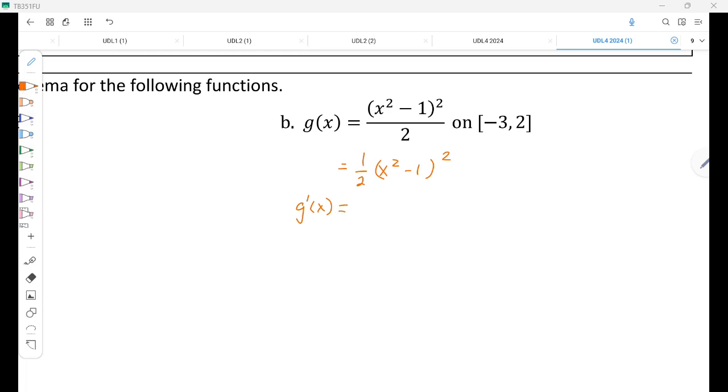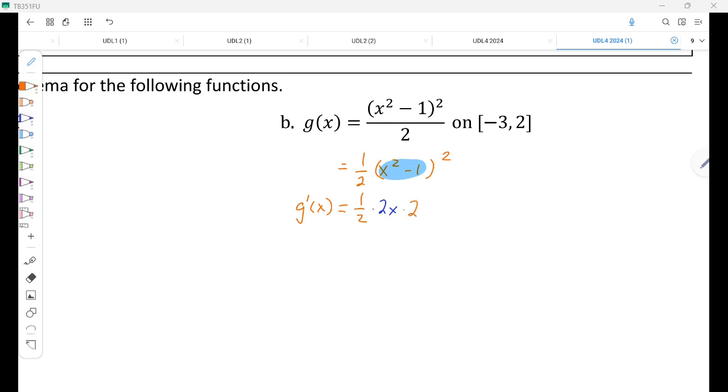Chain rule. Yep. I have an argument, x squared minus 1, and I have a function that is square root. So we end up with 1/2 times the derivative of the argument, which is 2x. And then I need to do the power rule, which means I've got, hold on a second, I missed my half there, sorry. 1/2, that's just a coefficient, times 2x. There we go. And then the power rule tells me I need